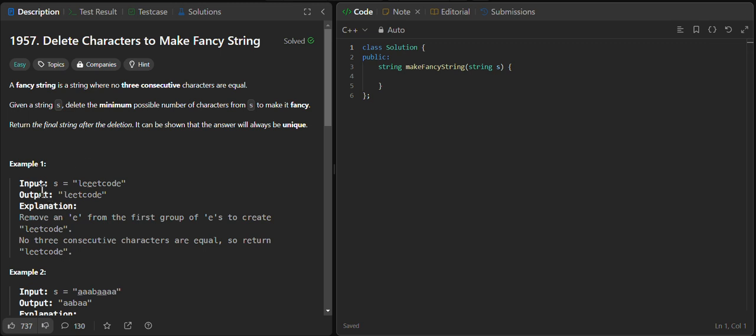Let's understand the examples. The input given to me is LEETCOD. So here, as they stated in the question, there should be no three consecutive characters which are equal. Like here, we can see that there are three E's, EEE. So according to the question, in my answer, there should not be three consecutive letters. So I have to delete one. So we have deleted one, and then there's no other consecutive three characters, so we just return the lead code